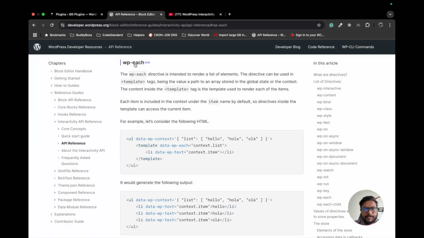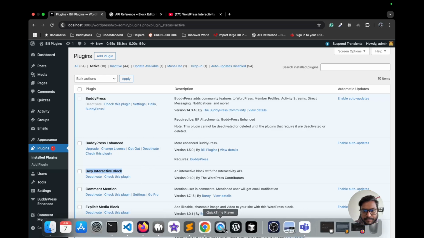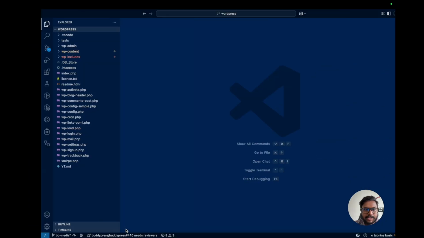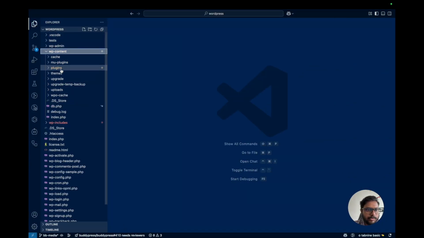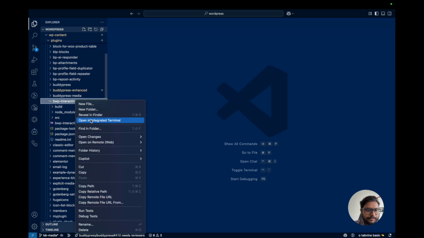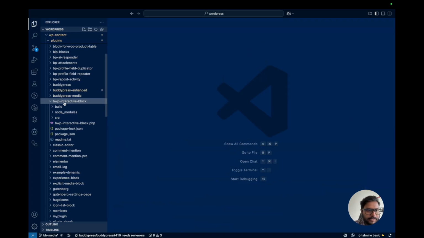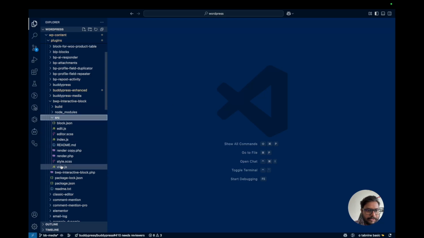This is the directive we talked about in the previous video. Let me quickly open my custom interactive block plugin. This is the plugin which I am using to demonstrate all of these directives. So let's open VS Code. This is my repo plugin, BWP Interactive, and let me quickly start npm. So npm is now running. Let's open src